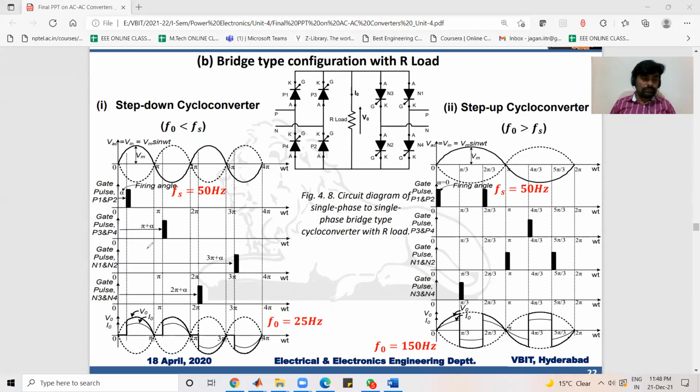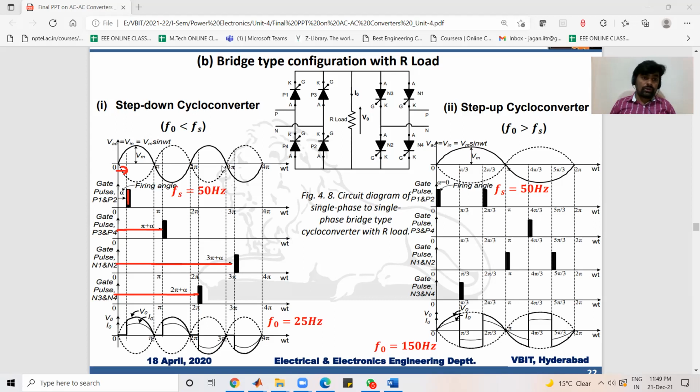So I need to trigger P1, P2 at some alpha. Then P3, P4 should be triggered at pi plus alpha. And N3, N4 should be triggered at 2 pi plus alpha. Similarly, N1, N2 should be triggered at 3 pi plus alpha. So to achieve the pulses like this,